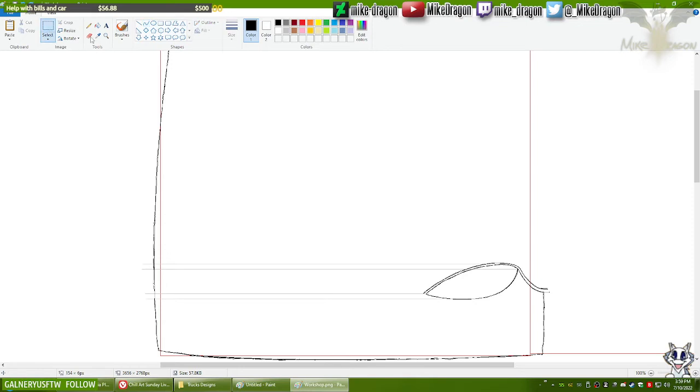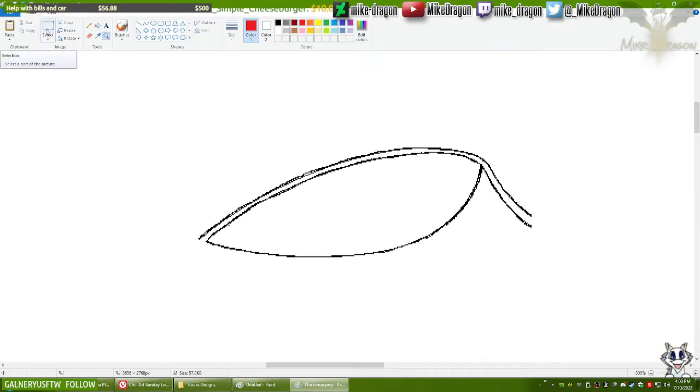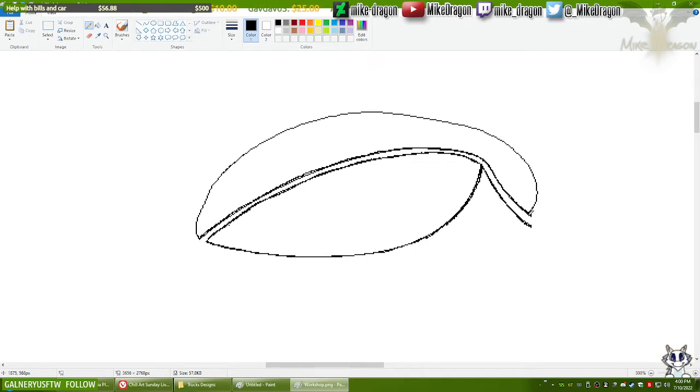Another thing that I have to bear in mind here is the length of the headlight. It has to be not exactly the same length as the one on the left, but it has to be similar. So in order to do that, I'm going to copy this one over and flip it around. Actually, it's going to be easier if I do this instead of trying to erase the whole thing with the eraser.